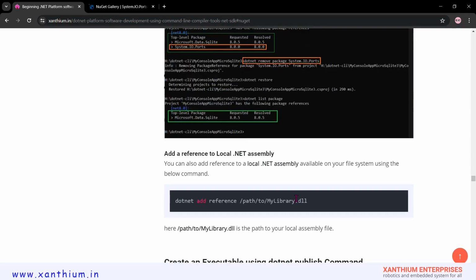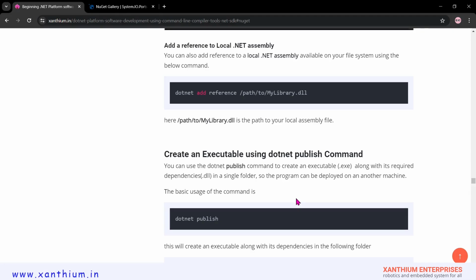So you can also add a reference to a local .NET assembly. Usually those are DLL files. So you can use the dotnet add reference command like this one. And then you have to give the particular path to this .dll. The DLL file will remain local to your system. While when you are using the NuGet library, the dotnet command is actually downloading all the data from